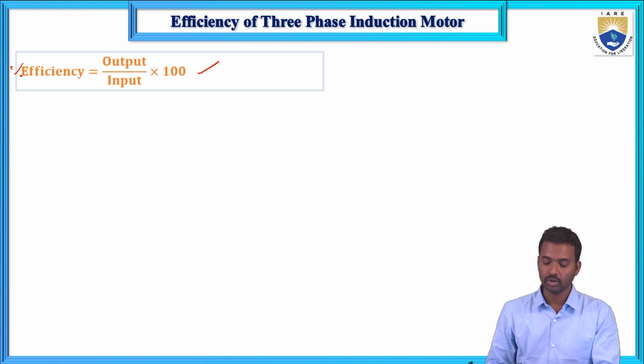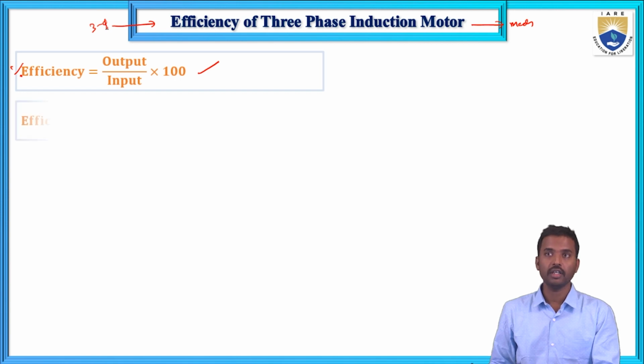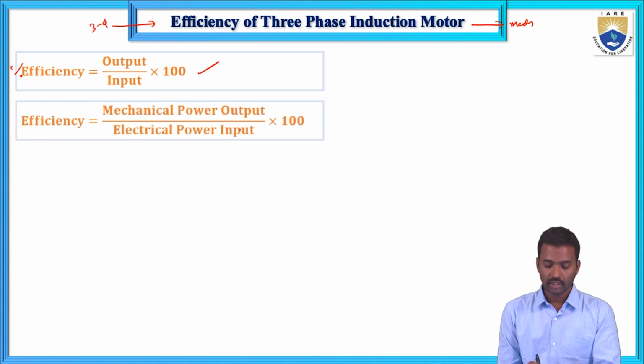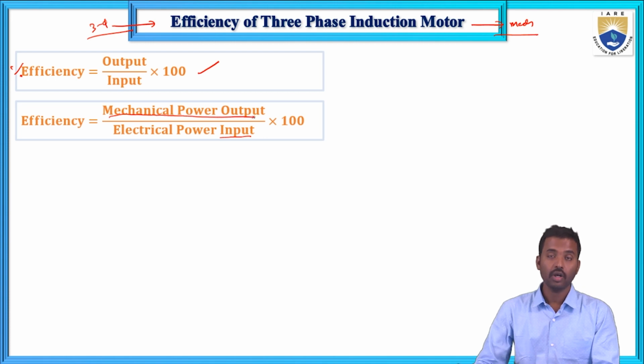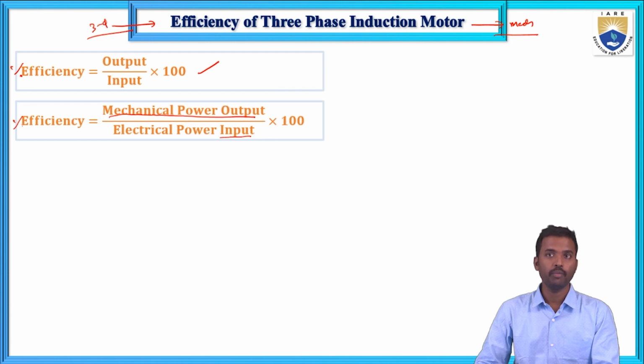Now in case of induction motor, the output is mechanical energy and the input is electrical energy from the three-phase supply. Here the electrical input power and the mechanical output power. Percentage efficiency equals mechanical power output divided by electrical power input into 100. Now if you give electrical input to this three-phase induction motor, you will get mechanical power output,